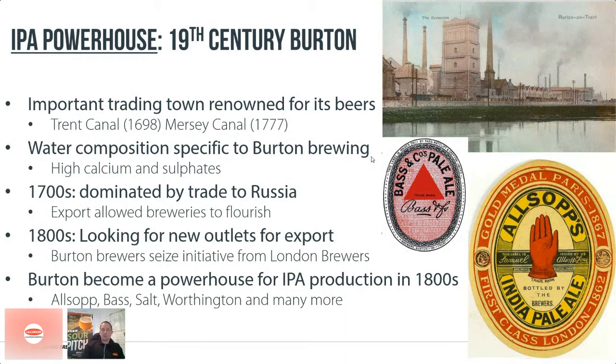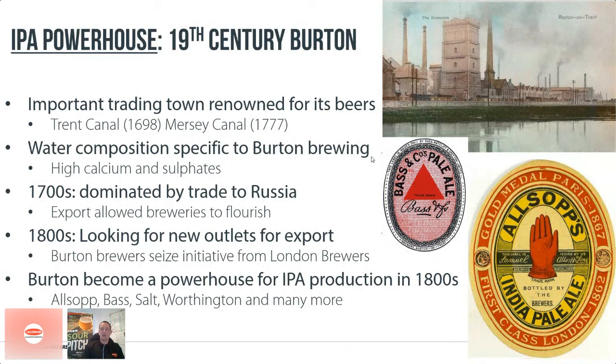So George Hodgson's aggressive business practices and the variable quality of his beer was starting to annoy some people. So it was the Burton brewers that were approached to brew, I guess, what became IPA. And really then from that point, Burton then takes over as the powerhouse for IPA production. So we have big breweries like Alsops, Bass, Worthingtons, and many more actually. But by 1830, it was the Bass Brewery which was supplying as much as 40% of all IPA exports to